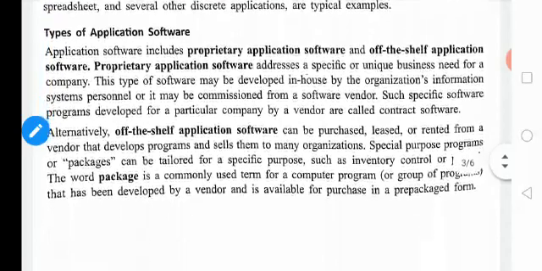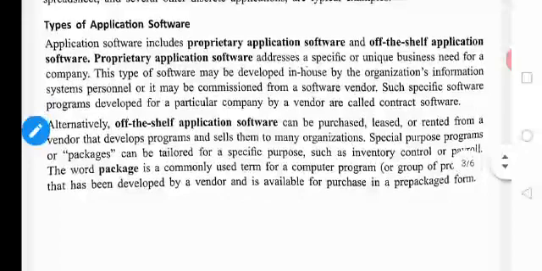A software vendor is nothing but one who sells software. Such specific software programs developed for a particular company by a vendor are called contract software. For example, if any game making company is there, so many games you are playing, isn't it? Each software is made by a particular contract software developer and it will be sold to that company. Okay, that is the first one.